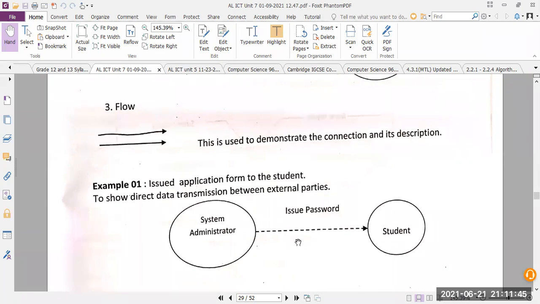But if I am showing you a dotted line, we say a physical object is flowing. Maybe if I'm paying you in cash, I'm giving you cash, I can put it in a dotted line. If I'm giving you an application form, I can put it in a dotted line. Something physically transferred from one place to another can be represented using a dotted line. Okay, understand?